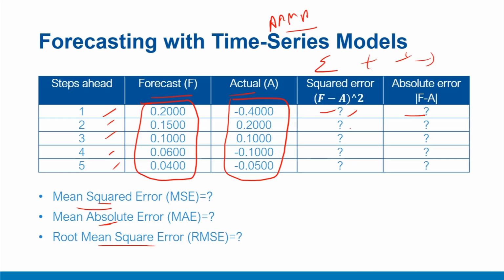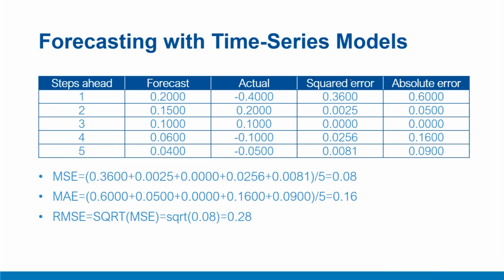So once you have the difference, which is your error, you square it, and you will get those values. Then you can sum them up and take the mean. So for example, these are our squared errors. Once we have the summation of these squares, I can divide it by 5 to get what we call the mean square error, MSE. We square and then divide to compute the mean, and this is the mean square error.